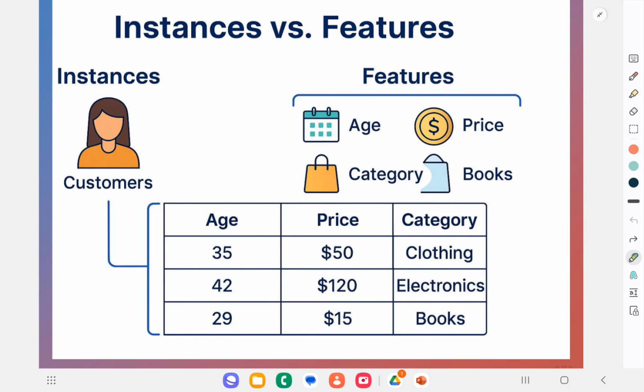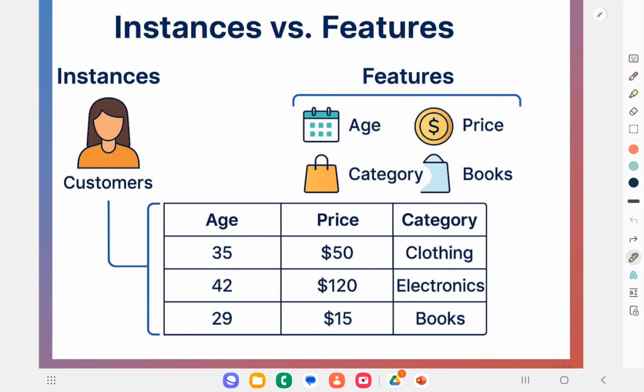Think of it as one subject you are observing, like one person, one product, one transaction, and so on. Versus a feature, also called a variable, an attribute, or a column. It's a property or a characteristic of that one single instance. So think of it as something you measure or record